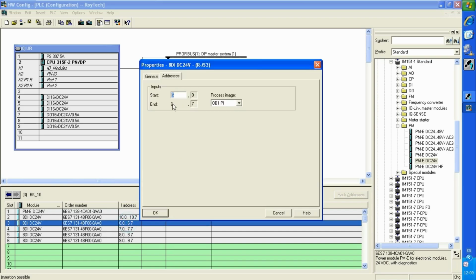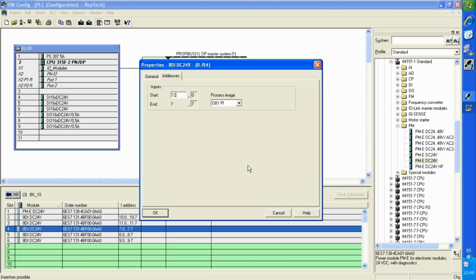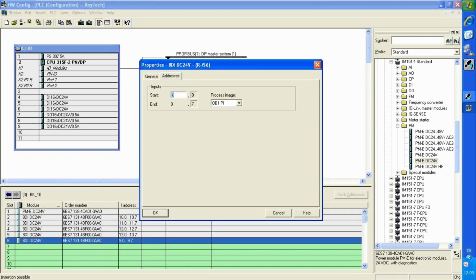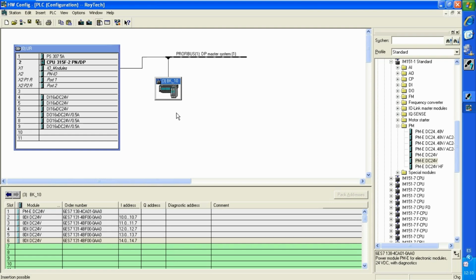And this one again will be 11, 12, 13, and 14. Basically my idea is to type all the addresses with the number 10. So I am talking about 10 to 19 and then put another input module that is going to be called block 20, and in that case I am going to type the address 20.0 to